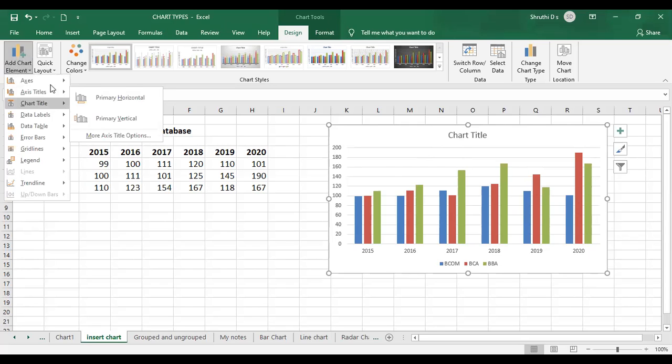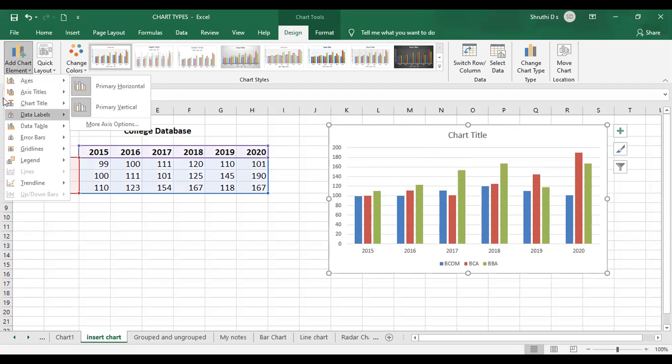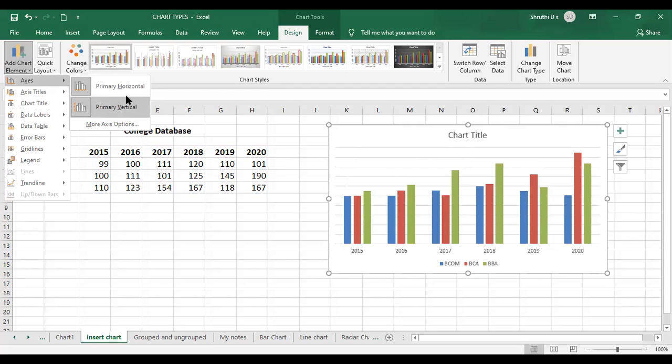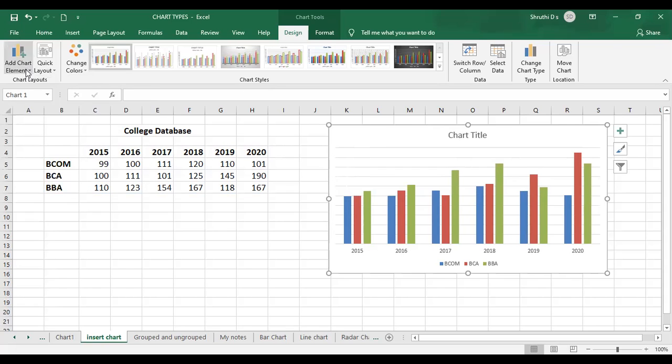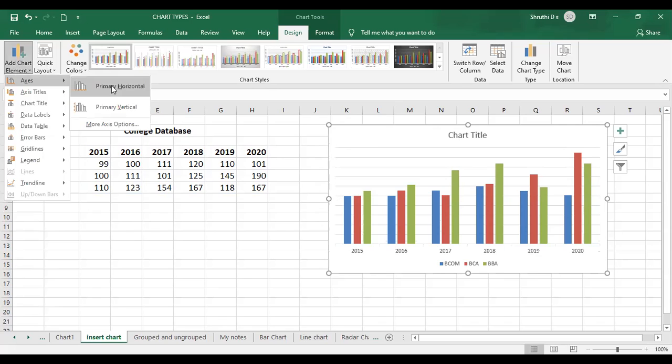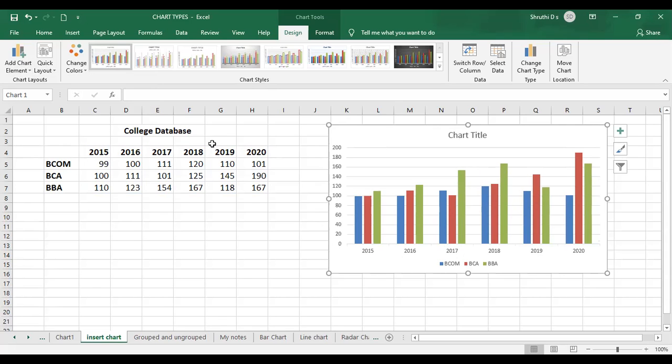So here, axes means whatever you are seeing now, right? These are the primary axes. If you have primary horizontal and primary vertical, I'll just click on primary vertical. See, it has gone, right? The range I had here is removed. Like that, you can also have primary horizontal removed. Okay, it is gone now. If you want it back, just go to that axes option again. You can insert the primary horizontal and primary vertical. So these are my axis elements.